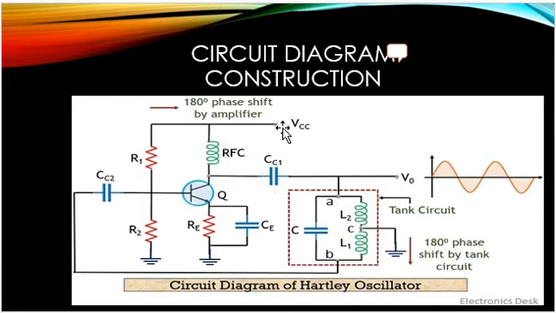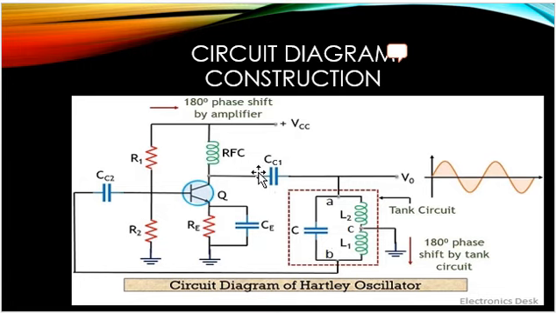Okay, next part is about the choke. The choke is basically used with two different types of parameters, that is the high frequency and the low frequency. At high frequency, the reactance produced across the choke is so high that it is treated as an open circuit. Talking about the DC condition, that is the normal condition, the reactance acts as zero, hence there is no problem for the DC.